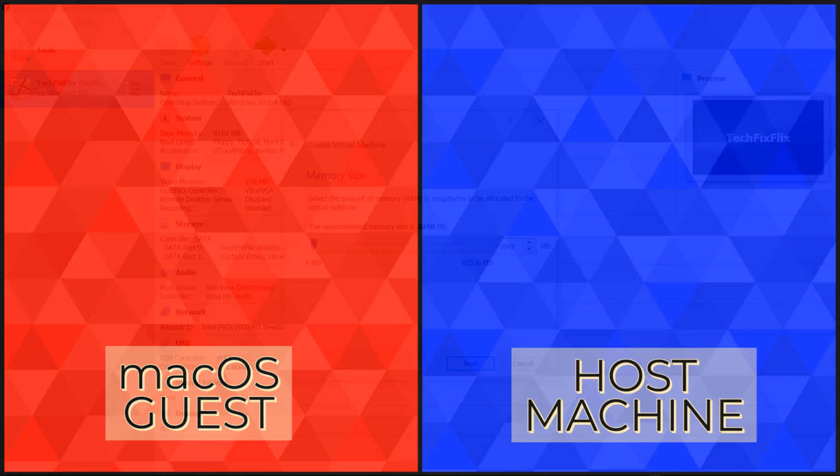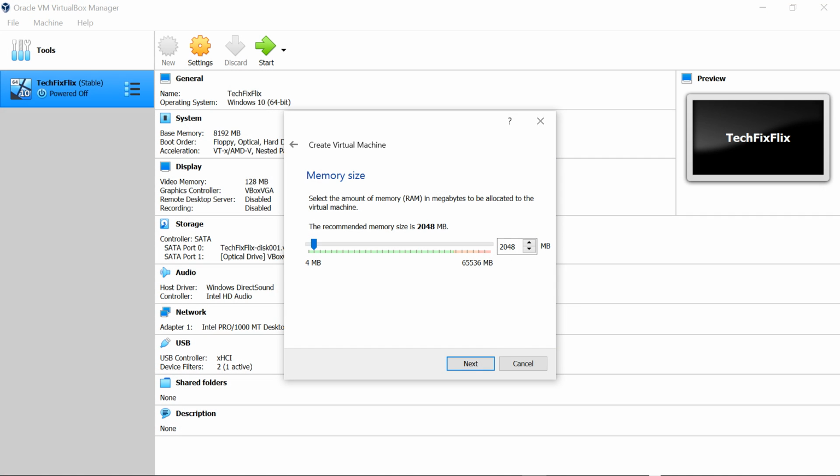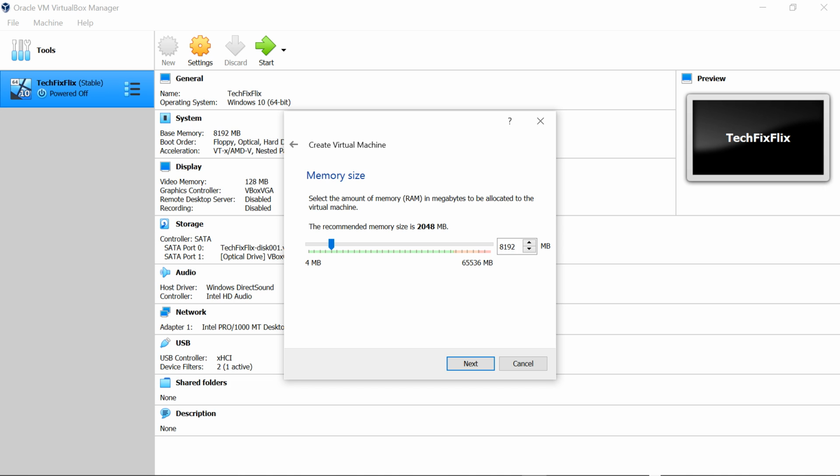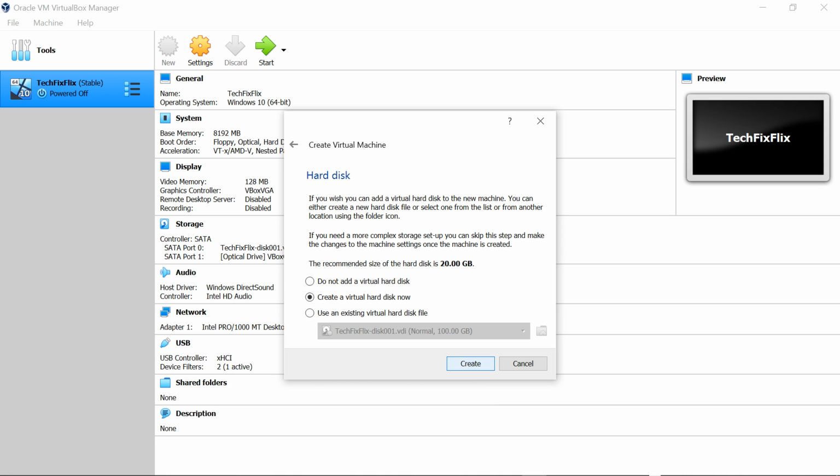So if you have a 4GB machine, we'd recommend allocating 2GB to the virtual machine. But if you have 8GB, you can allocate 4 to the virtual machine, and so on. As we're using a 64GB host, and allocating half would be overkill, we allocate 8GB to the virtual machine, before clicking Next to proceed. We now come to allocation of a virtual hard disk file, and we'll click Create here,